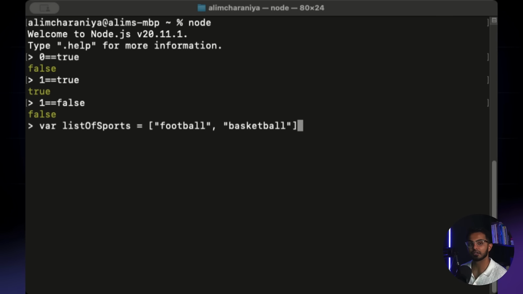This is how you declare a variable in Node.js, which is not the same as Flutter, but it has the same semantics here. We have var, which says, hey, I'm going to set up a variable called list of sports, and I'm going to set this variable list of sports to football and basketball. Then if I hit enter, nothing happens.